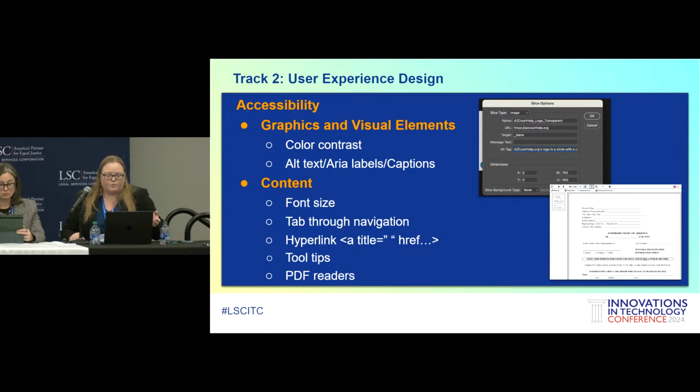And then we host a lot of forms for our courts, and part of that is PDFs. PDFs are not the most accessible thing in the world, so we invest in ReadSpeaker's PDF reader to make sure that it's accessible, and we also make sure that all of those lovely fields have tooltips encoded as well.